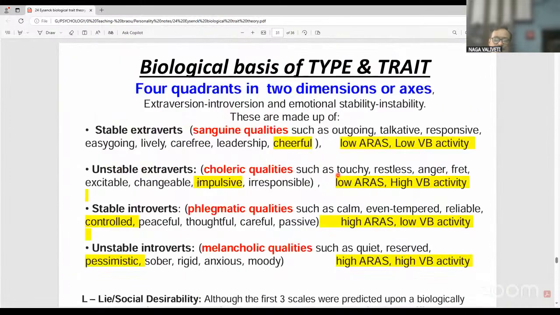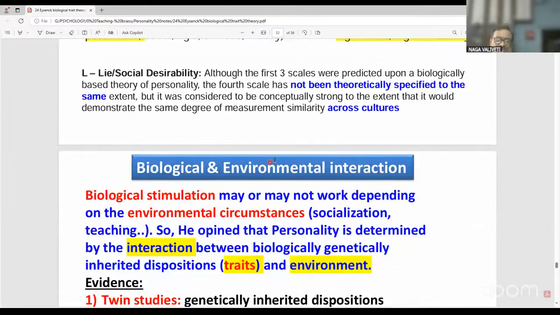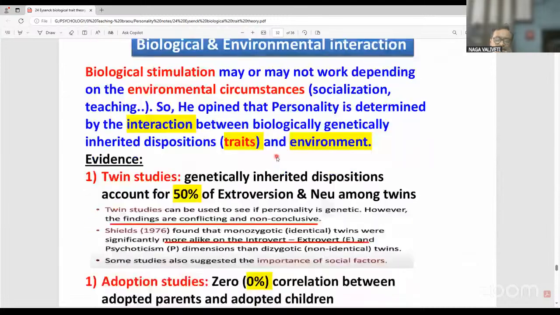These points I wrote verbally, depending on the coordinates. Then biological environmental interaction. Biological stimulation may or may not be working depending on the environment. Please remember, even though they focus more on biology, the influence of environment comes into consideration. Socialization and teaching will affect it. So even though he says that biology influences more, he says the interaction of these two